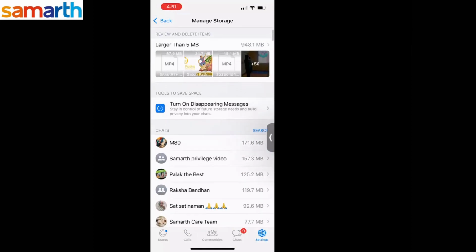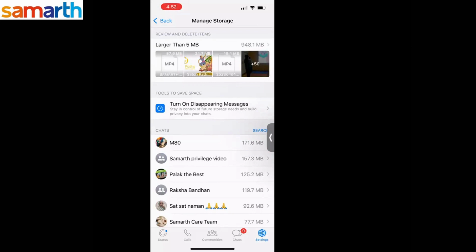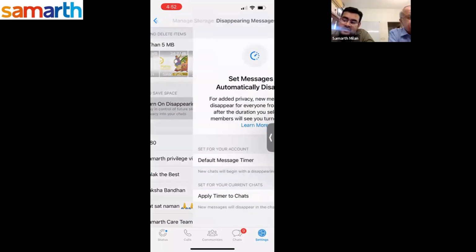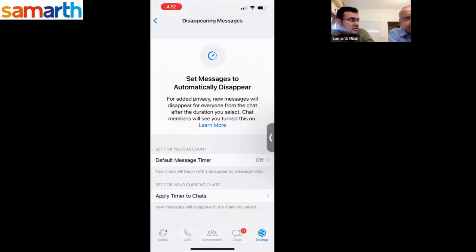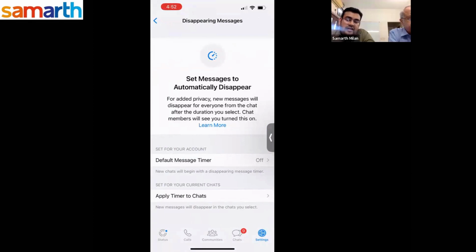Now, second piece is turn on disappearing messages. Tools to, as WhatsApp also says, tools to save space. Right? So what happens in this? It is a new feature of WhatsApp. We can set automatic disappearing of messages. Right? For example,